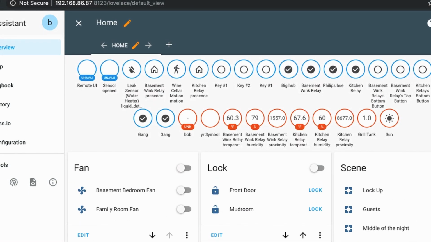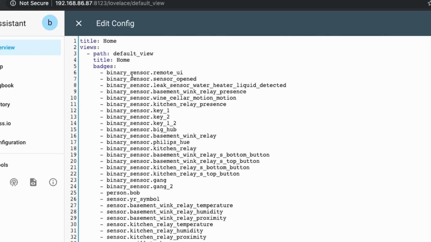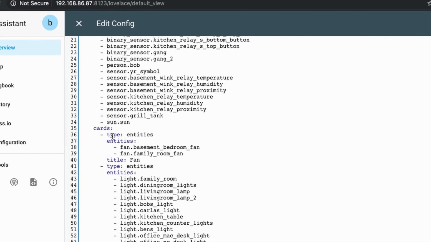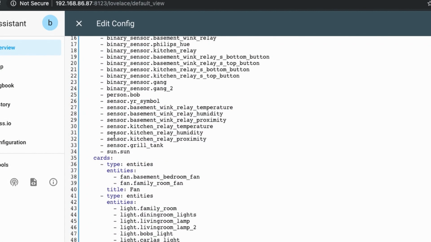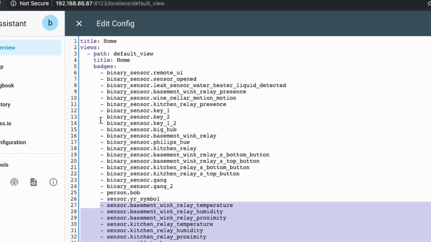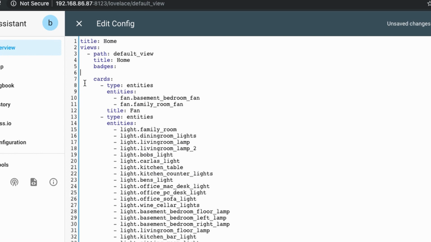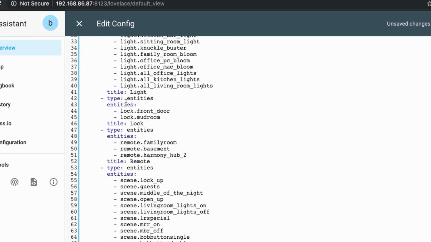The way you do that is you go up here to the three dots, and you go to the raw configuration editor, and you see things are divided into badges and then cards. I'm going to delete all of my badges, but you've got to leave that there, and then I'm going to delete all of these cards,